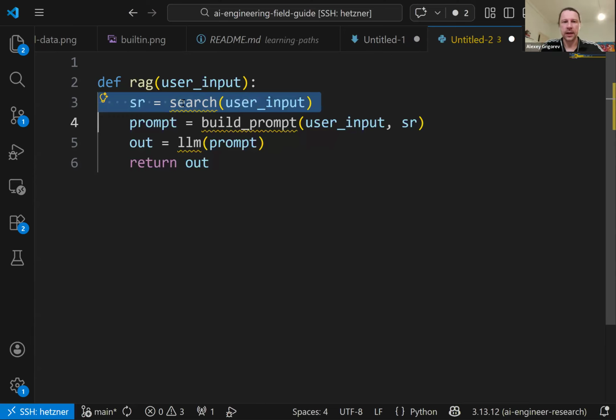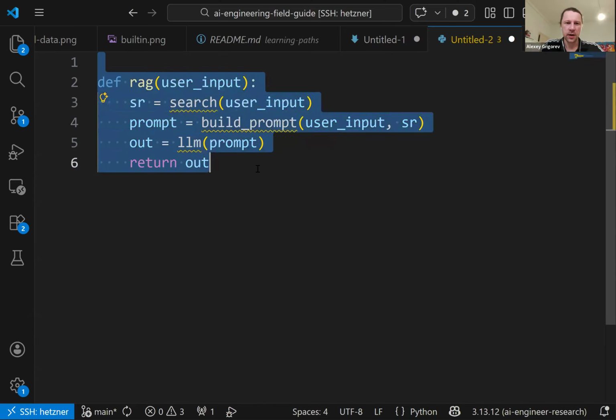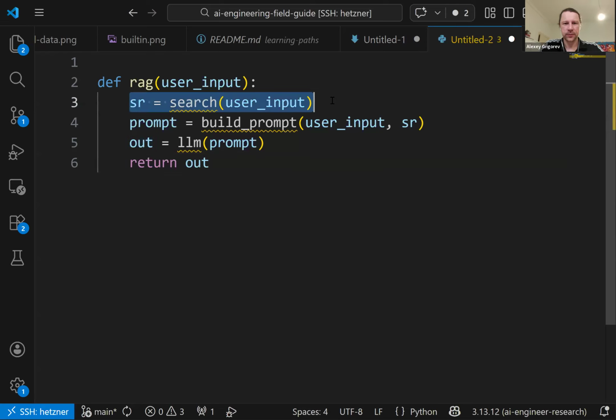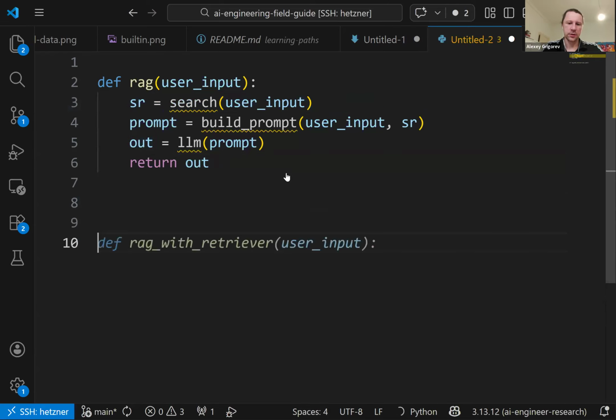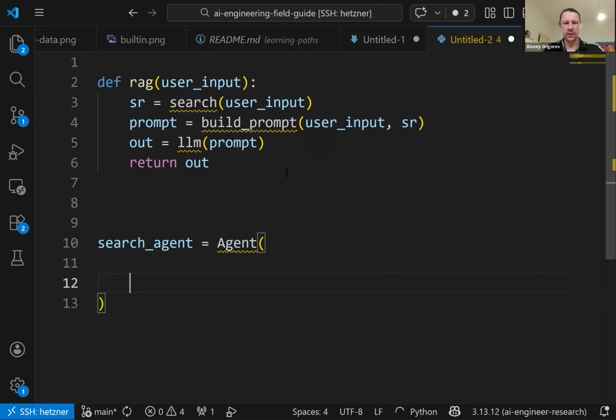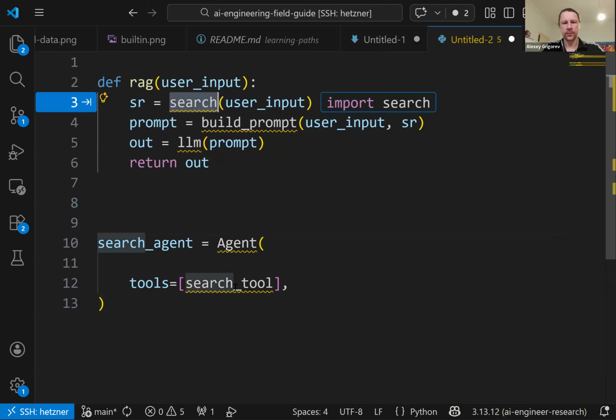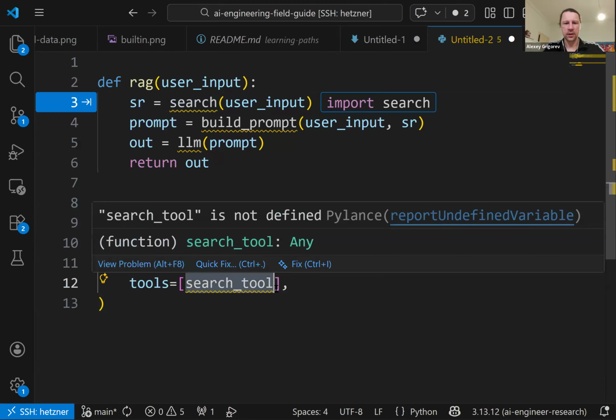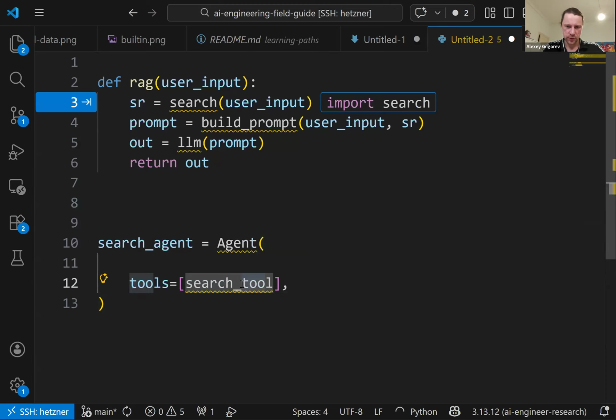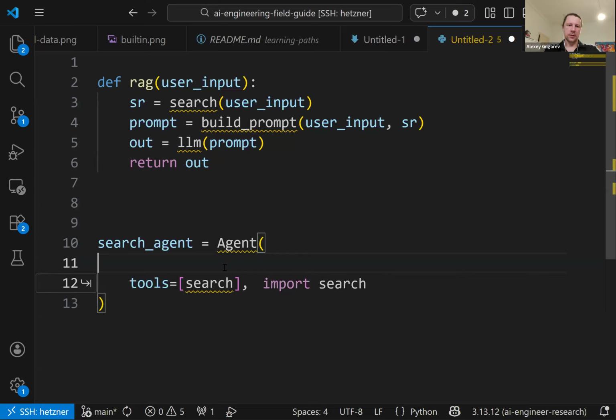Even here, if we don't talk about RAG, but we talk about agents, let's say we have our search agent, right? And when we say that, we give this agent tools, right? And one of the tools is this search tool, right? So even if we move away from classical RAG, and I don't know why I cannot change it to just a tool to search.